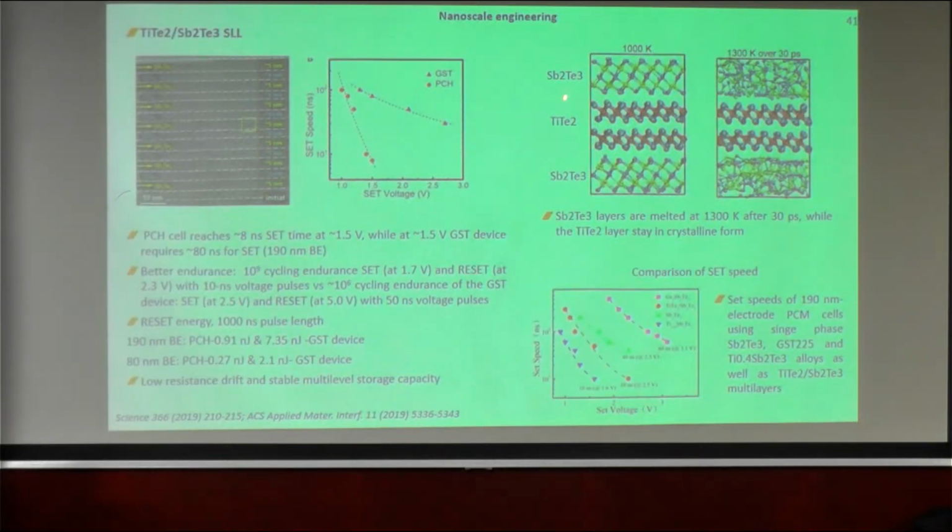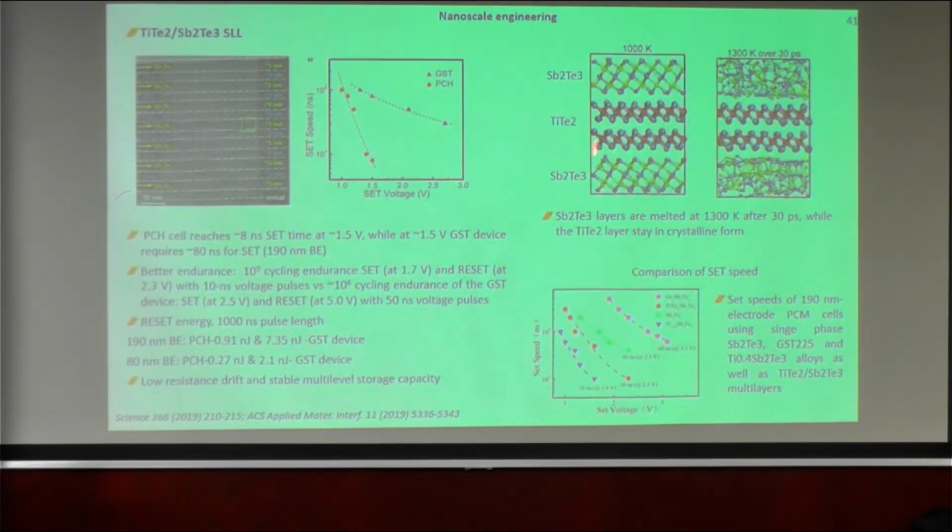Then, to understand the better performance of such a stack compared to the single phase change materials, the authors also performed ab initio molecular dynamics simulations, and they kept this layer crystalline. This is after the set state, and they wanted to understand why the reset is much faster, and they found that